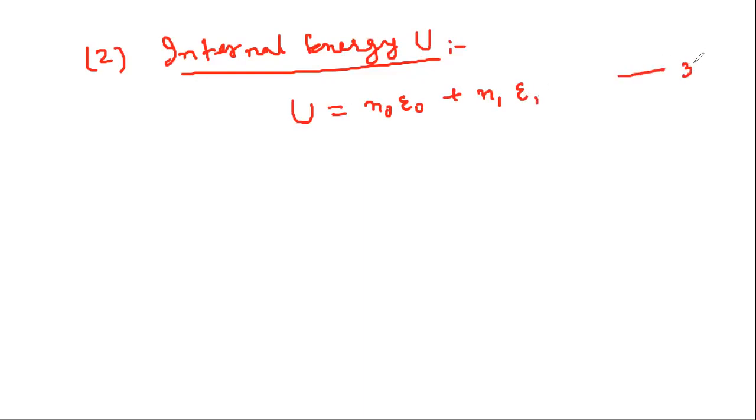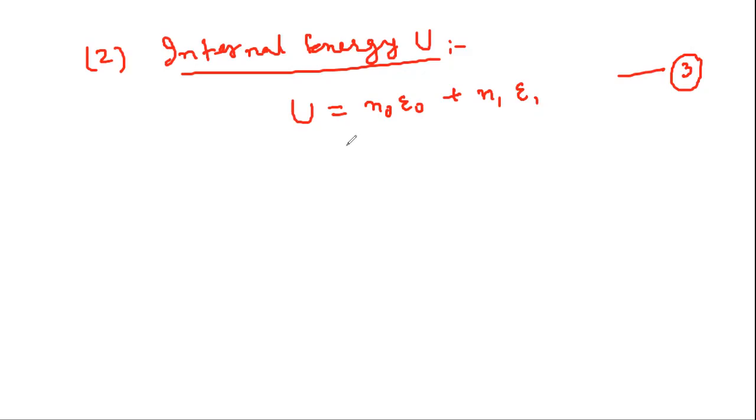I name it equation 3. N naught is the occupation number of the ground state, and epsilon naught is the energy pertaining to the ground state, and N1 is the occupation number or distribution number for state j equal to 1 with energy epsilon 1. So this is the internal energy of the system,